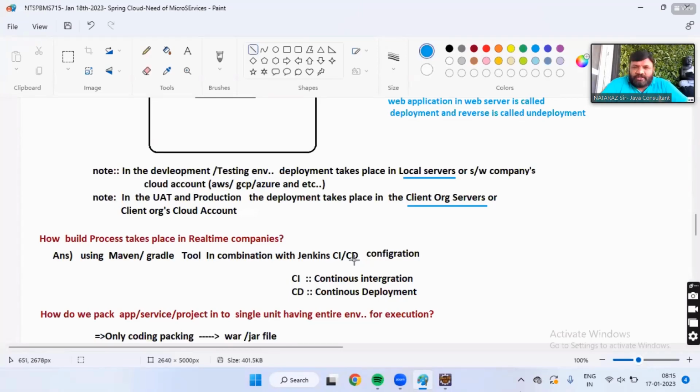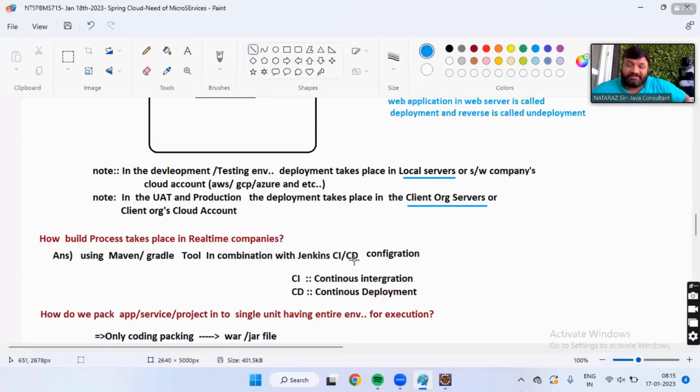What's the beauty of Jenkins? You make one change in a .java file, that will be compiled, built, and come to Jenkins, and Jenkins pushes it to the server automatically. It's a continuous process. You can also have some scripts to control those activities.